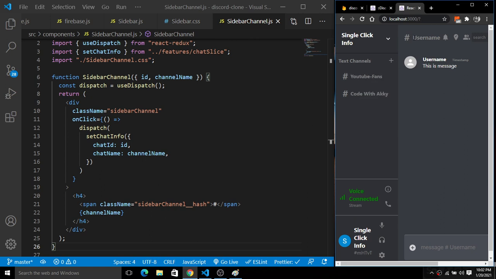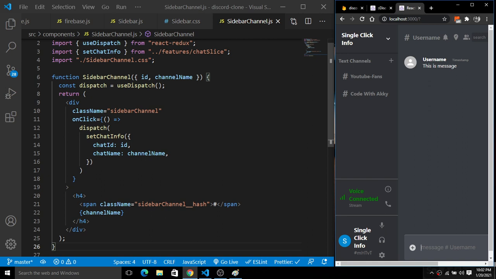Now it's time to render the same name as I click on this thing or on this thing. We will simply dispatch a bunch of information, because we have dispatched a chat ID and the chat name on clicking this. Now it's time to use this dispatch function and render this inside of this username, and inside the input field. So how will we do this?